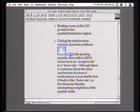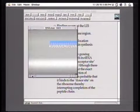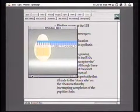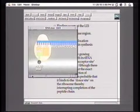Now we'll see a short movie. The messenger RNA, shown here simplified, becomes attached to the ribosome, which contains all the enzymes and other initiating factors needed for polypeptide synthesis. Then a small transfer RNA molecule arrives, carrying the initiating amino acid. It has a base triplet that can only hydrogen bond to the messenger RNA triplet that codes for the amino